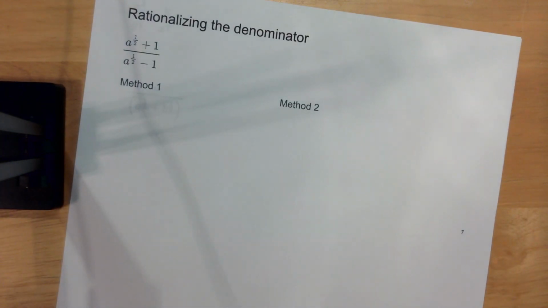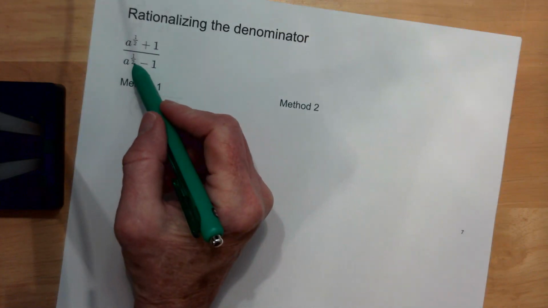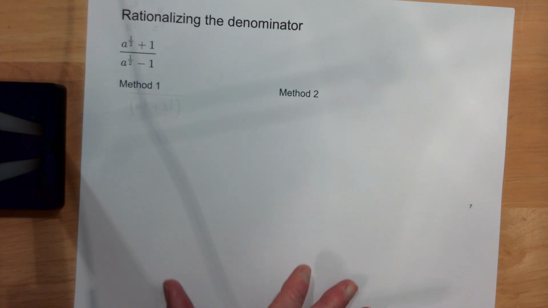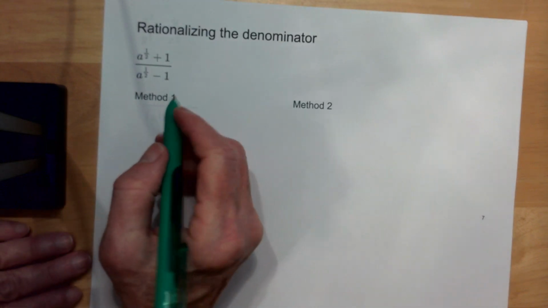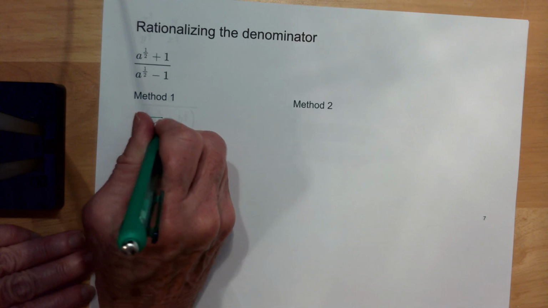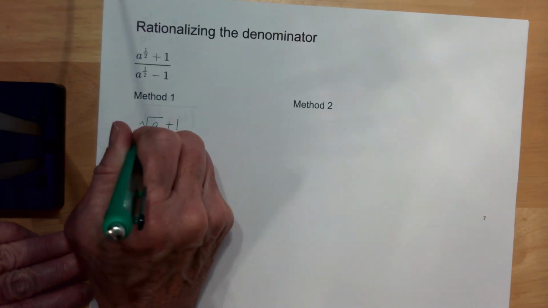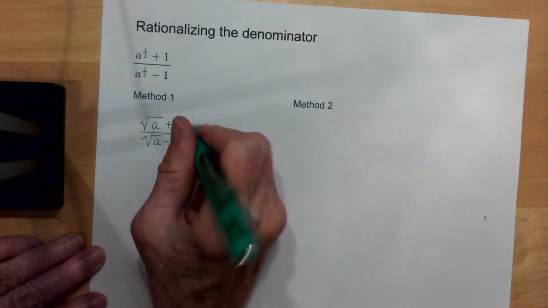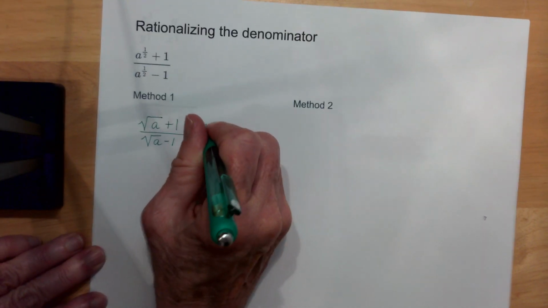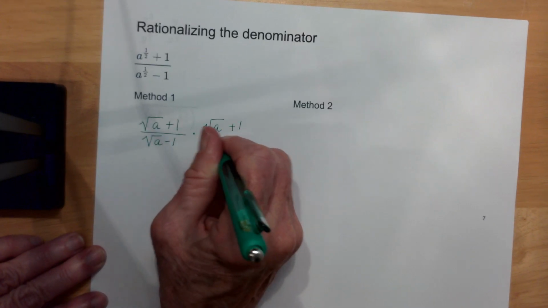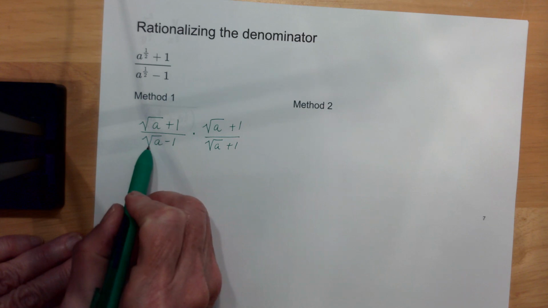Now, with these, many times you will have a denominator that is going to have to be rationalized. So I've got a to the 1/2, and one way to do it is to go ahead and convert them to radicals if you're more comfortable with that, and then you can see how you have to change it. So you'd have to multiply this one by its conjugate. So you would multiply this by the square root of a plus 1, okay, because that's the